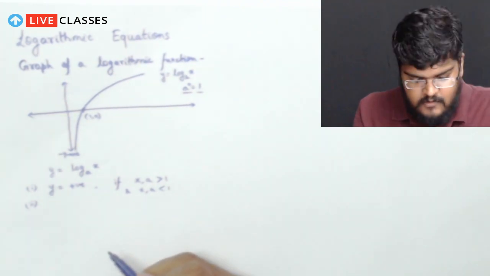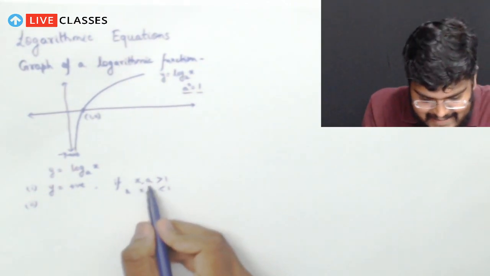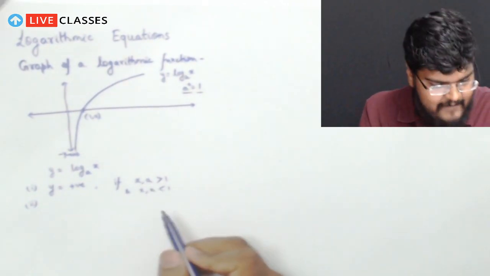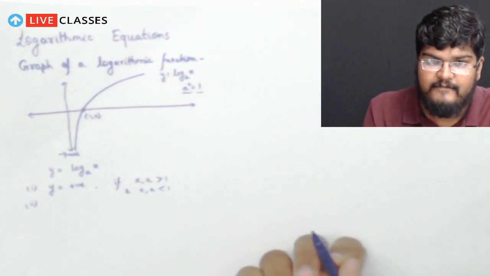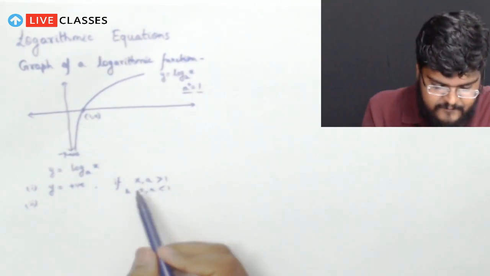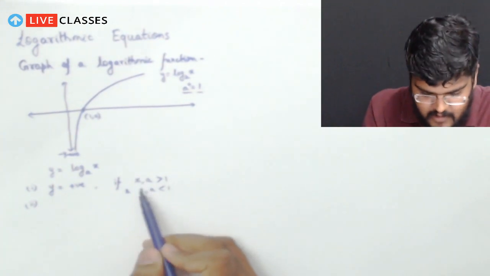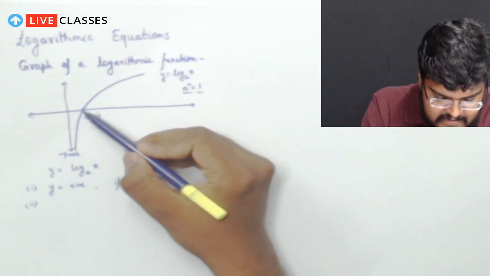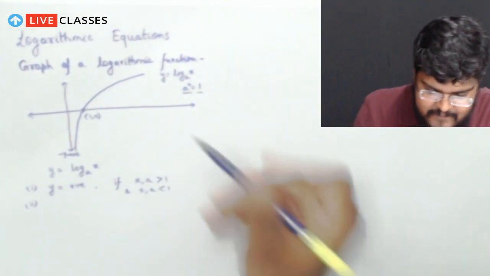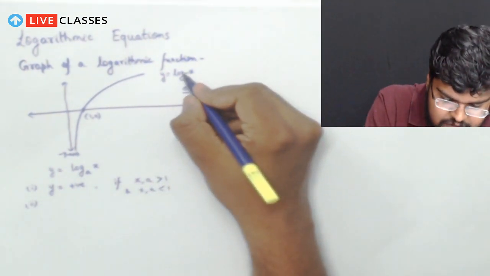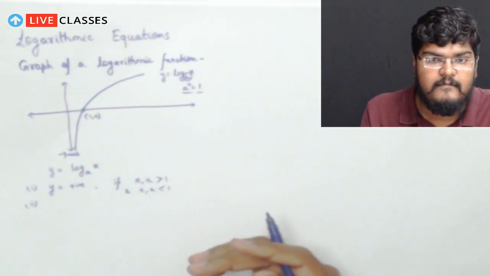Now that means if our x and a are on either side of 1, then this will mean that the value of y should be negative. Well, yes, of course it will be, but first let's see how this creates a positive value, or how I can take this from this particular equation or logarithmic function. So here you can see that the base of our log is 2. I can see that if the base of our log is